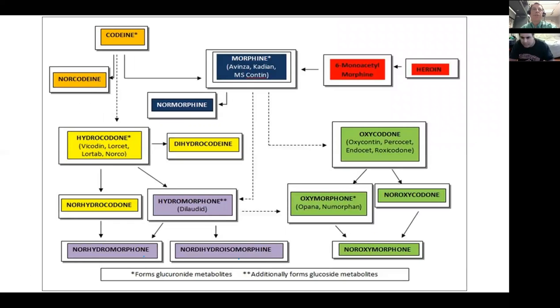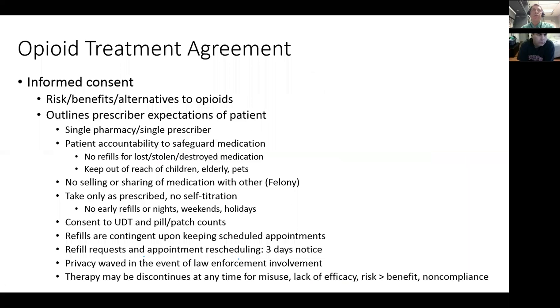And again, just to refresh your memory, because of the differences in metabolism, you certainly need to be very clear about metabolic fate when you're interpreting urine drug screening. This would be a great topic for another talk for us sometime in the future. So I'm just going to try and quickly wrap up here.